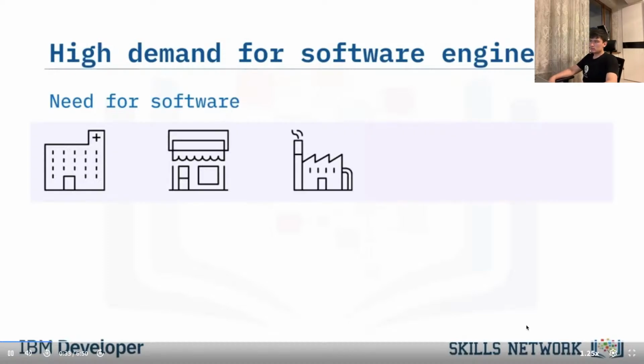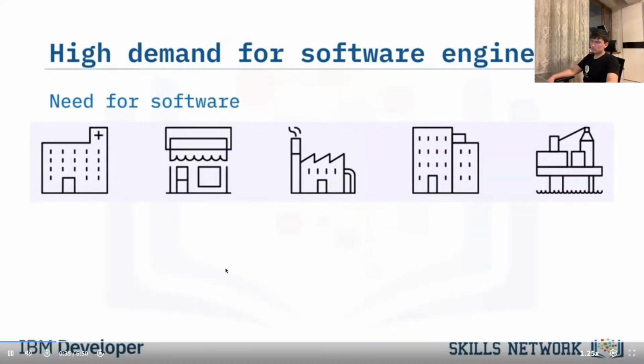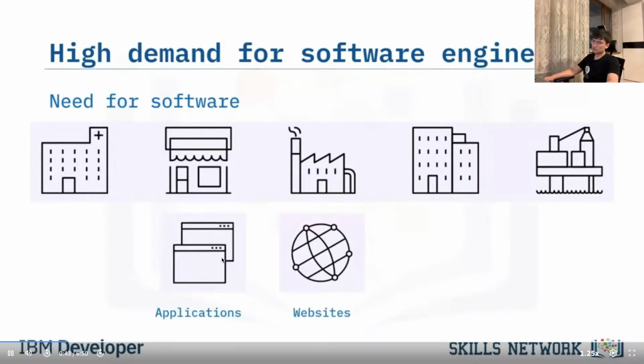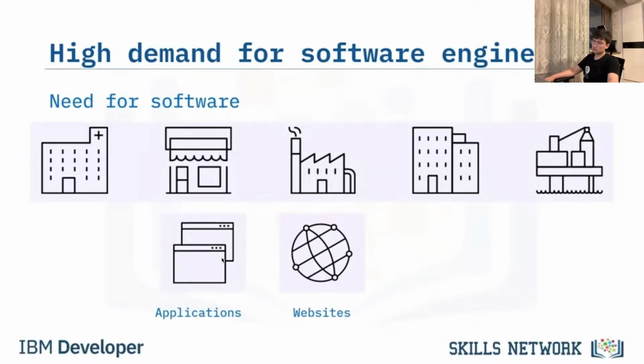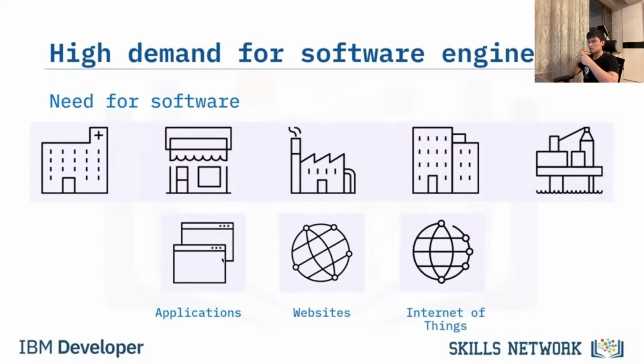Almost all industries need software to compete and grow, and this results in a continuous demand for software engineers. Most organizations require applications and websites for their company to function. Some apps and websites are for internal use, while others are used to interact with customers. The Internet of Things is also driving the need for software that interacts with products. This is a need that will continue to expand for the foreseeable future.